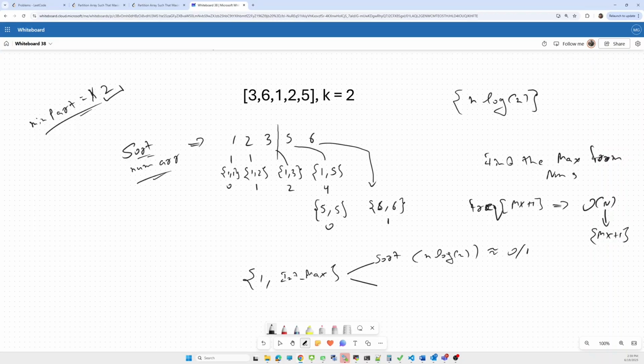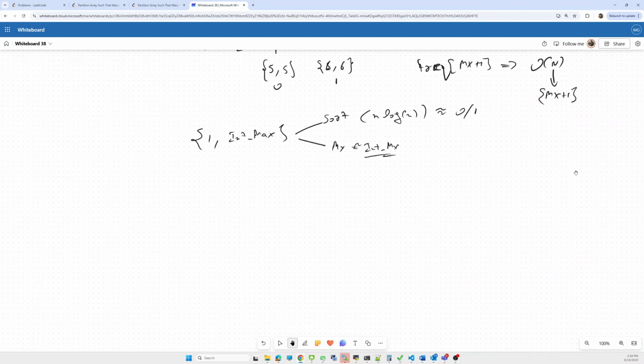Here the space complexity and the time complexity will be the maximum element, which is int max here. So both of them have different approaches, but the main intuition is that we have to sort this array. Okay, so let's look into the coding side and see how we can achieve it.